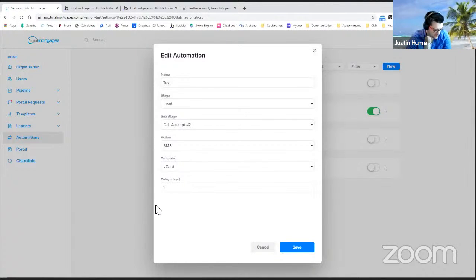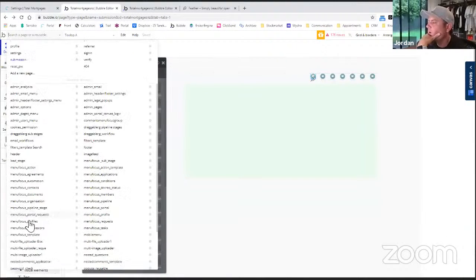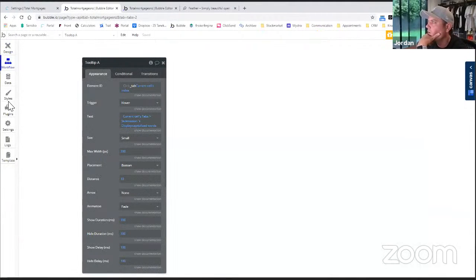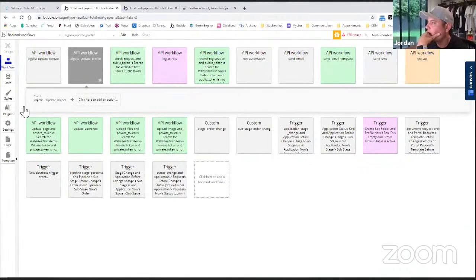Okay, so where is this going to show? So after 1 day, what's going to happen? Let's say delay. So after 1 day, what happens? Well, ideally, in this backend workflow, I would have thought that